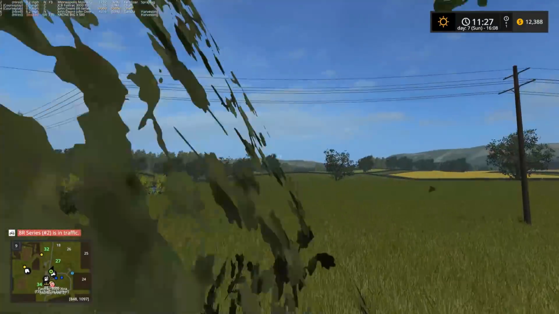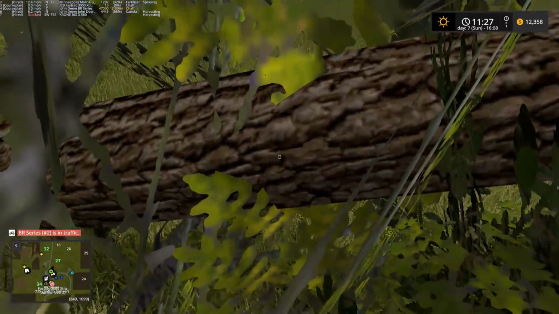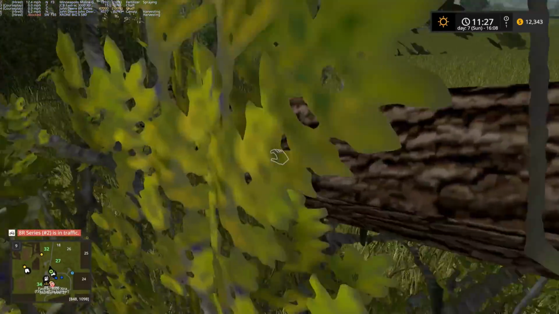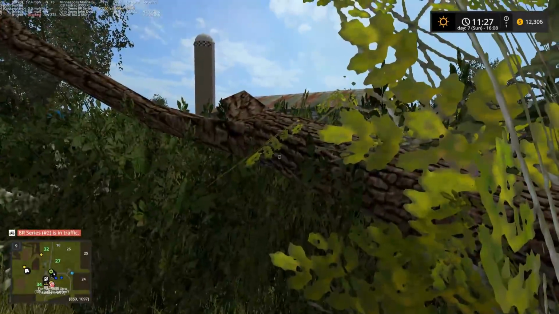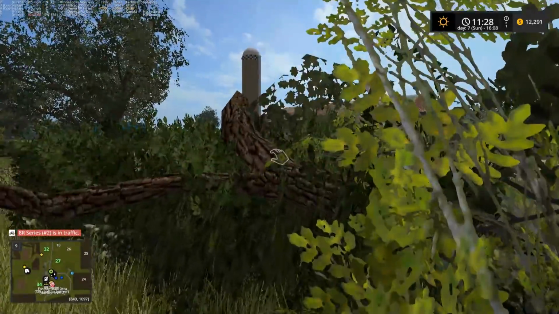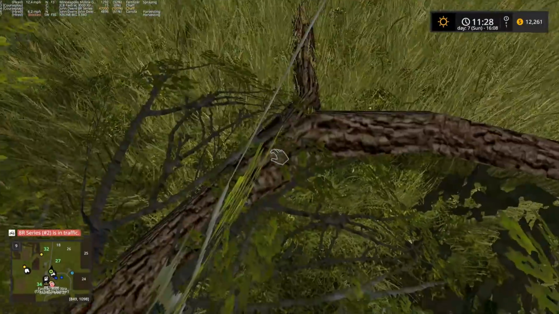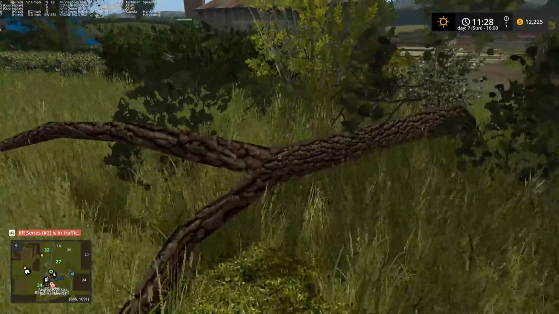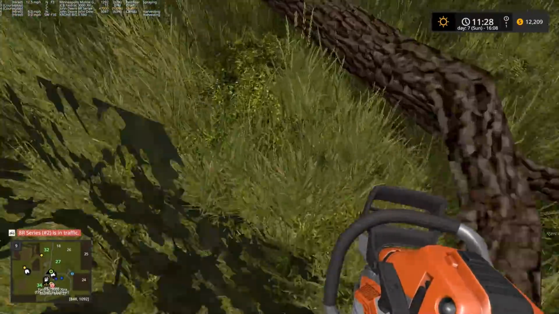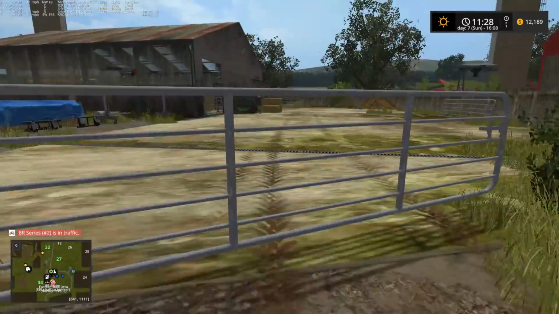Oh, you gotta love Giants handling physics here in the game. Not. Makes you wonder if they actually even tested this or not, with how awful it works. Actually, I won't even use the word works. It really doesn't work. There we go. Finally. Okay, we'll leave that there. Like I said, when we get the chipper out, we'll...